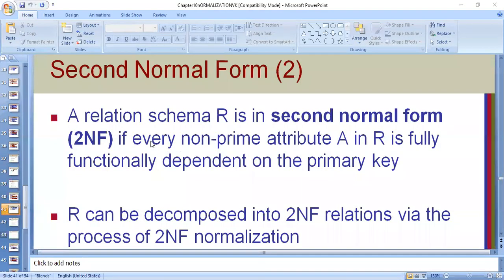What is the additional condition? Every non-prime attribute A in R is fully functionally dependent on the primary key. What is meant by functional dependency and full functional dependency? We have already seen that. Now, for example,